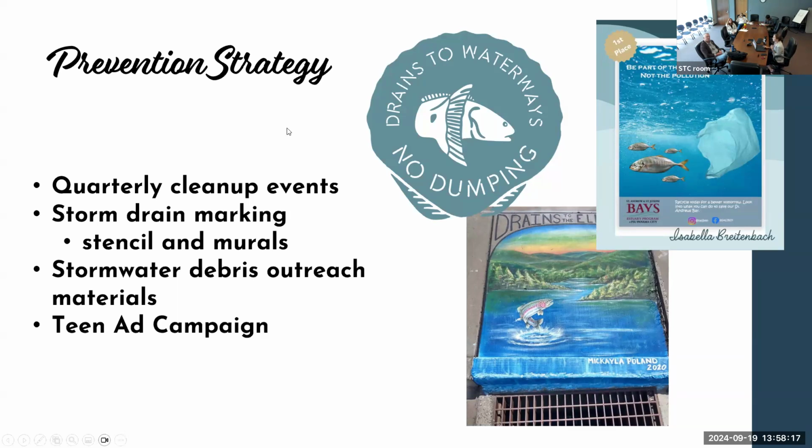So Elisa did a really great job designing this cool stencil that we'd like to use, or something like it. We also right now have our teen ad campaign launched, and this is something that our teen outreach committee came up with last year. Almost all of the entries last year were really focused on marine debris and pollution, so we thought this would be a great way to integrate this program into this grant. And then